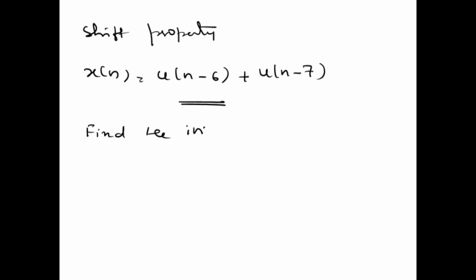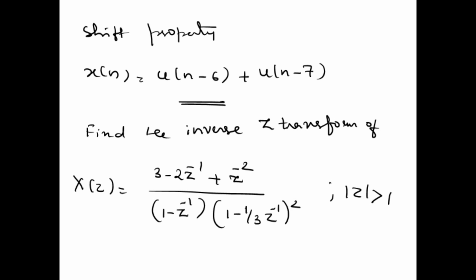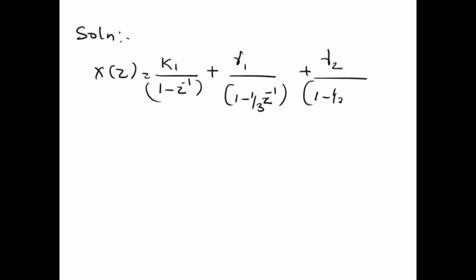Find the inverse Z transform of X(z) = (3 - 2z^-1 + z^-2) / ((1 - z^-1)(1 - (1/3)z^-1)^2) with mod z greater than 1, using the partial fraction expansion method. So directly we can write X(z) = k1 / (1 - z^-1) + gamma1 / (1 - (1/3)z^-1) + gamma2 / (1 - (1/3)z^-1)^2,